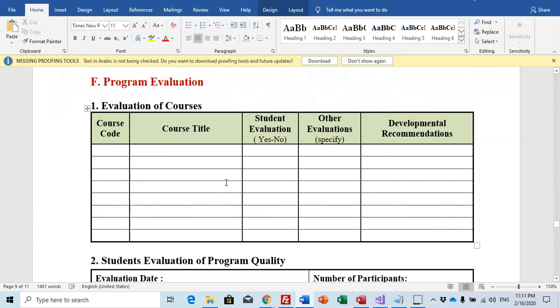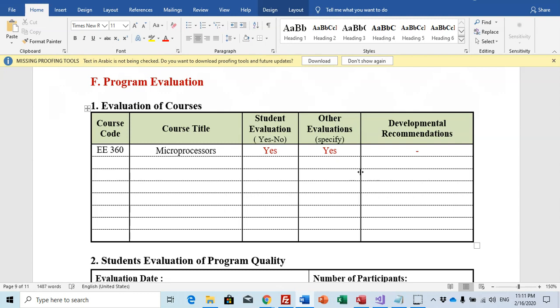Of course, course means first semester and second semester. For example, EE 360, the microprocessors course: students evaluation, yes; other evaluation, yes; developmental recommendation.